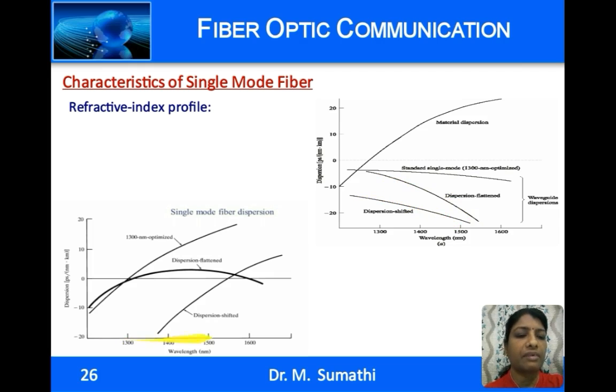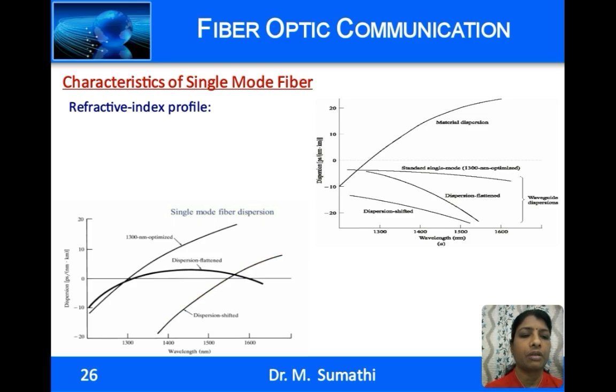The graph on the left hand side shows the total dispersion, the sum of the material dispersion and the waveguide dispersion for a step index fiber, for a dispersion shifted fiber and a dispersion flattened fiber. Observe for a dispersion shifted fiber, the minimal zero dispersion has been shifted to 1550 nanometer. For wavelengths greater than 1550 nanometers, the dispersion is positive, and for wavelengths less than 1550 nanometer, the dispersion